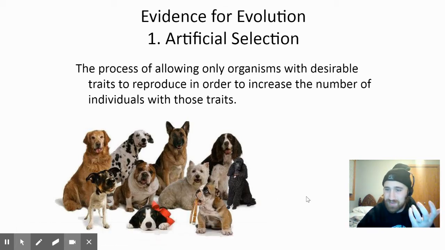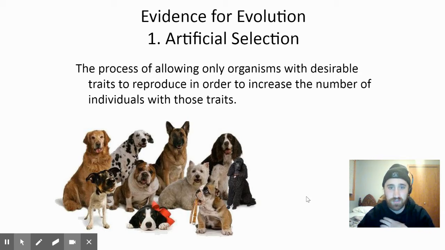Now, no offense to anybody that might have a Yorkie Poo or a Shih Tzu or anything like that, those naturally did not just come around. There is no benefit, natural selection wise or evolutionary wise, for them to be that small and yippy. Okay, besides the point. But with that being said, we have been able to artificially select these traits, so we're able to change not the species, but the breed of dog over time. Okay, so that's why we have all these different dog breeds and why they look so different, because we chose different traits and manipulated them enough to only breed for the desired traits that we wanted.